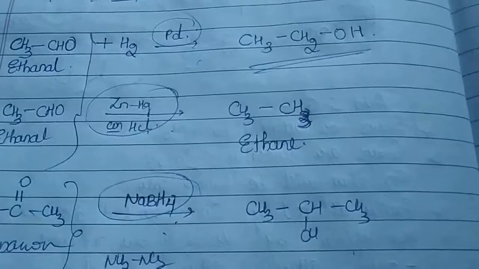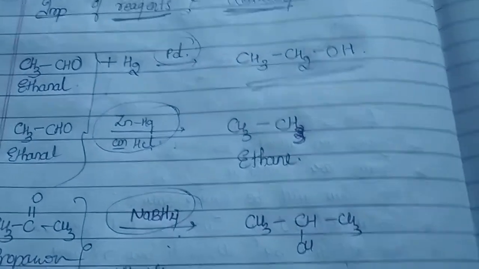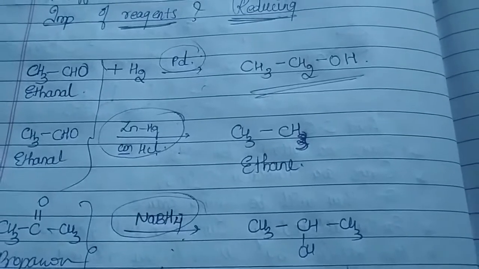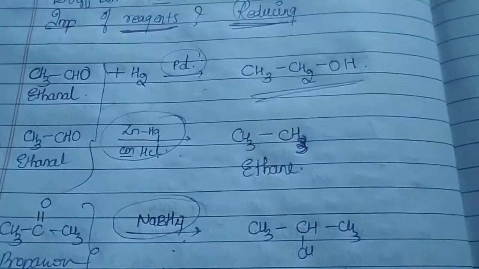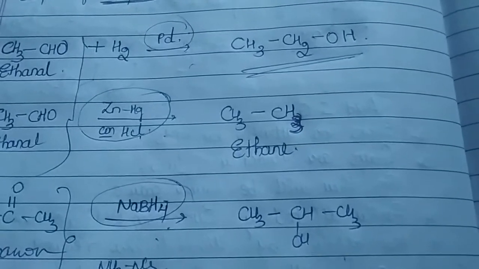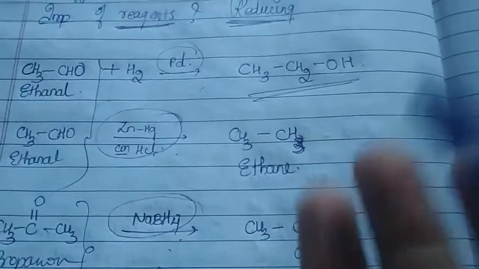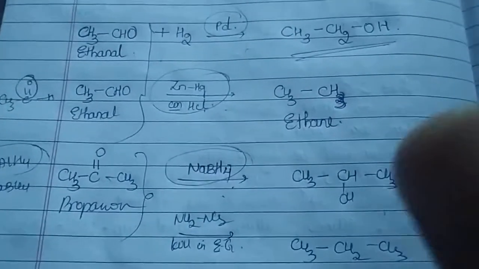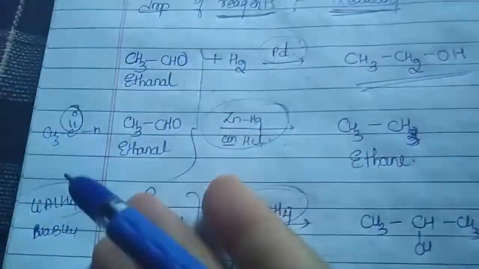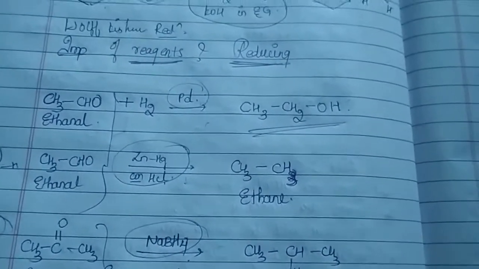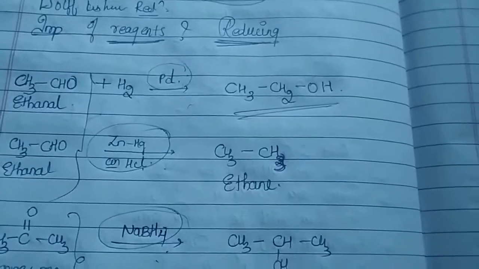You should ask that fellow, sir, what type of reagent you are going to use. Then we can say what type of product you are going to get. It is not a universal truth that if you reduce carbonyl compounds, you should get alcohol itself. That is not the case. You can even get hydrocarbons. That is the reason I have given you these examples. Is that clear? So you should have well-equipped knowledge of the important reducing agents. Okay, so this was about today's reduction reaction.